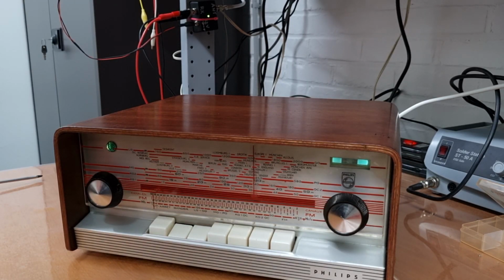Yeah, I am changing the volume here with the amplifier, right? You can't see it on the screen, but I have a separate amplifier, obviously, because this is only a tuner. And so if you hear the volume going up and down while I'm talking, that's because I'm changing the volume